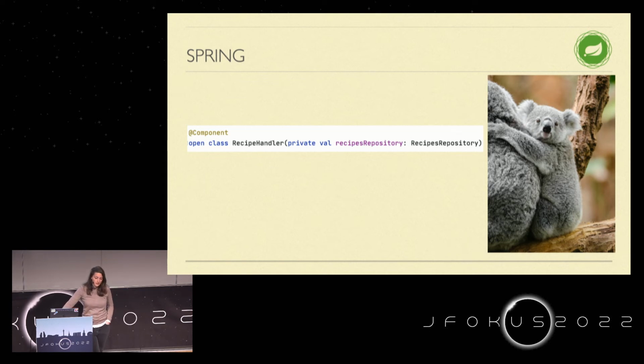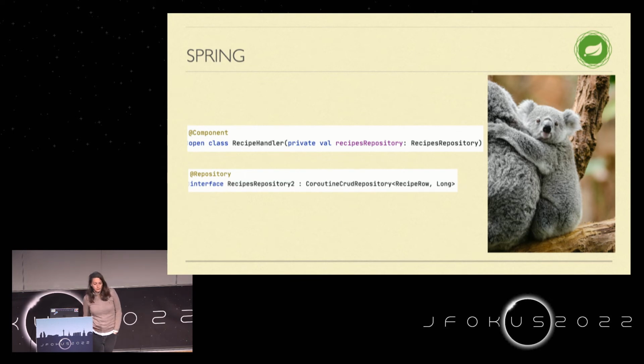So I declare it open. If I have an interface, I'm fine, of course. I can just use my @Repository annotation here and it's doing its job. And I think the people here working with Kotlin and Spring are like, I never use that open keyword. Why does it work for me? Well, it works because someone did it for you.